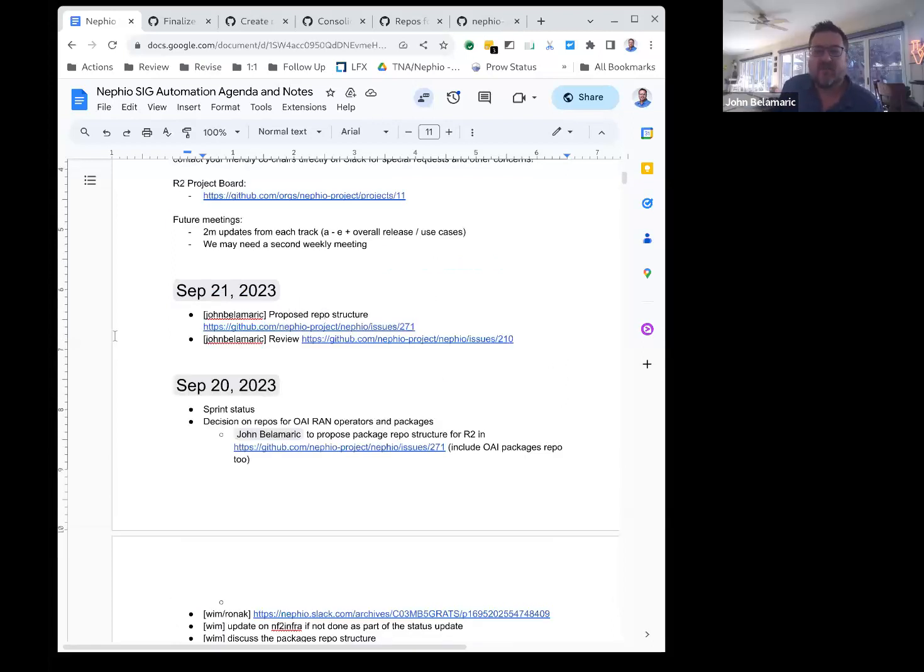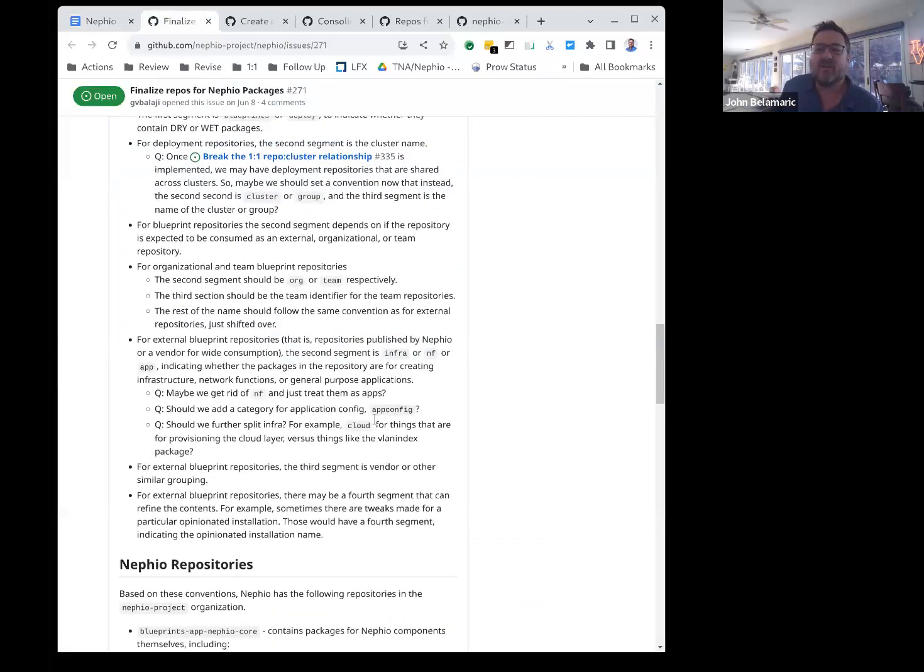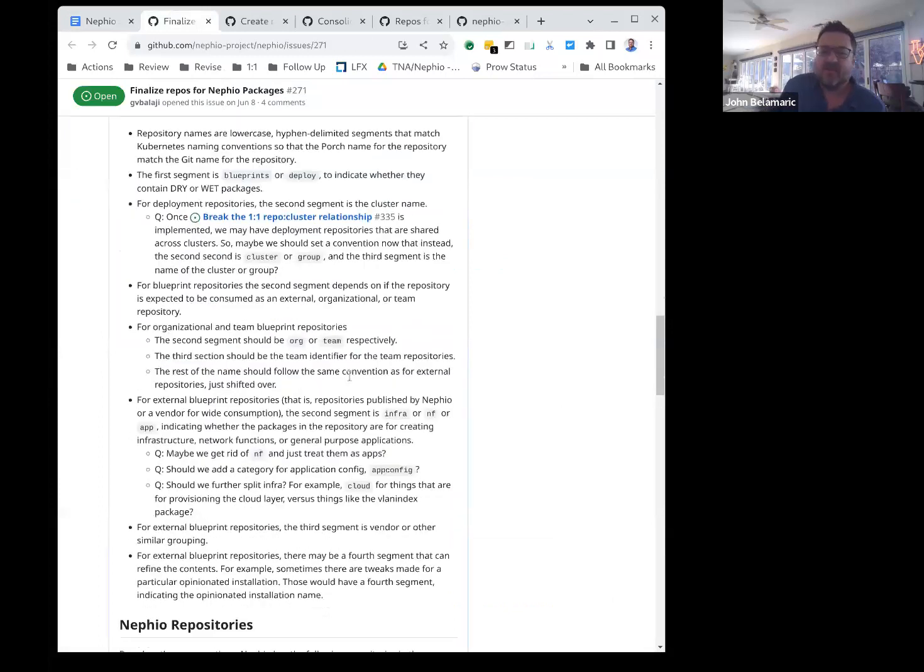Okay, so the first item here was the proposed repo structure. We talked about this yesterday. I said I would do it yesterday, but I did it this morning. Here is what I'm proposing. There's a lot of text here, and it's not perfect. But basically,